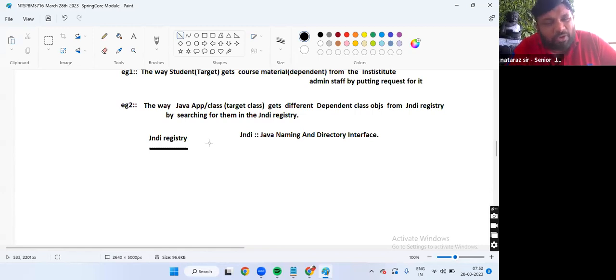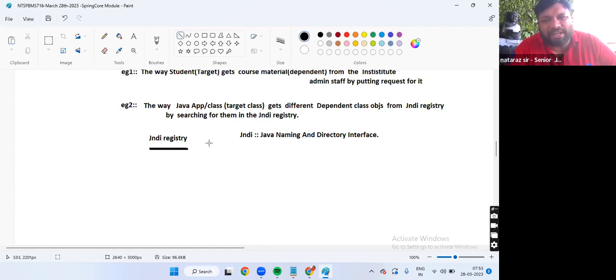Better to place weather report component objects in the JNDI registry. Better to keep PhonePe kind of objects in the JNDI registry. Better to keep ICC score component objects in the JNDI registry, so that Cricbuzz people can use it, Dream11 people can use it.